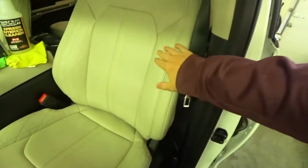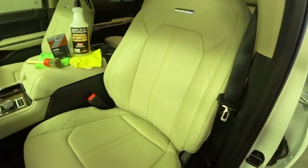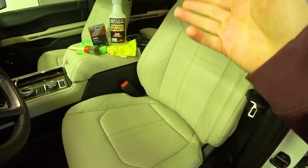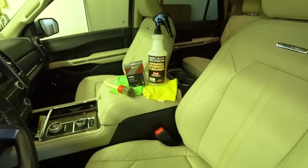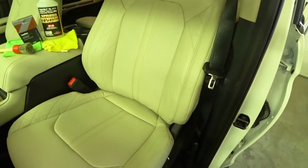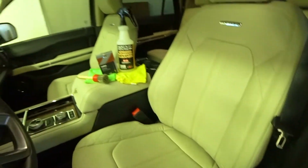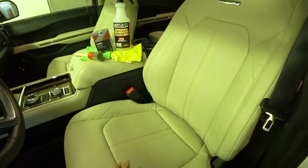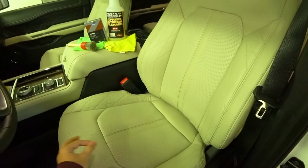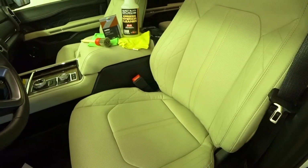Once the coating is on your seats, you can pretty much just spray the seats with a leather cleaner or even a wet microfiber towel. I have 2 cheap microfiber towels right here, and it'll just wipe dirt right off. Once the coating is on there, you can tell by if you just put a droplet of water, it'll roll right down the seat and you know that